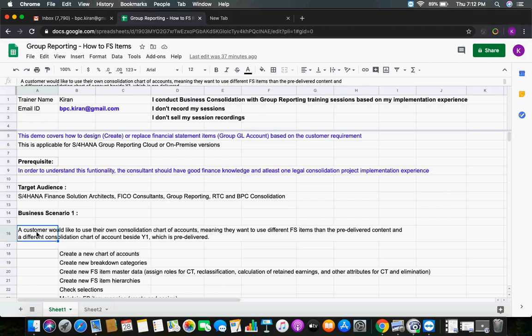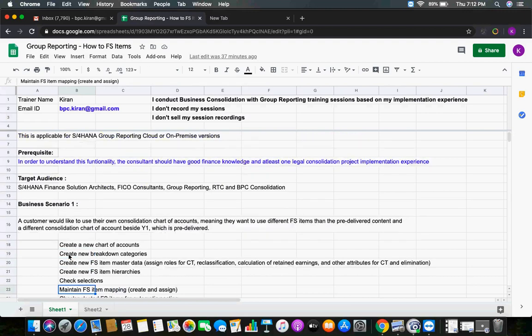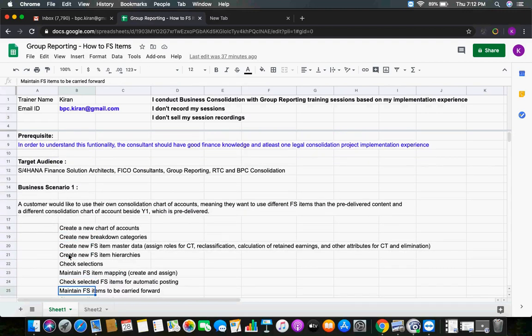what are the points you have to check? You have to create a new chart of accounts. You have to create new breakdown categories. We are not going to discuss all these items one by one because it covers the entire group reporting configuration. So today's objective is how to design those financial statement items. These things we are going to discuss in the next sessions.